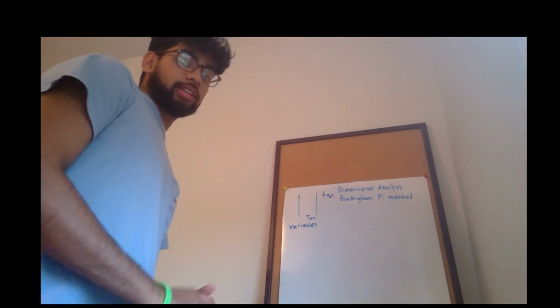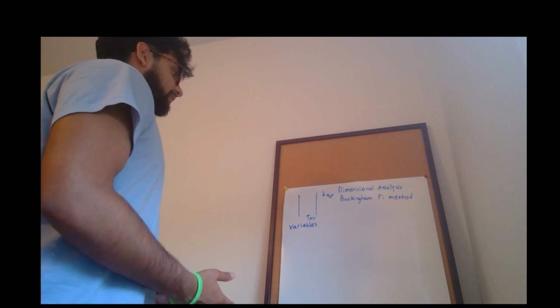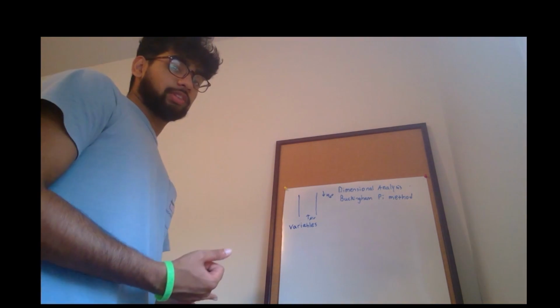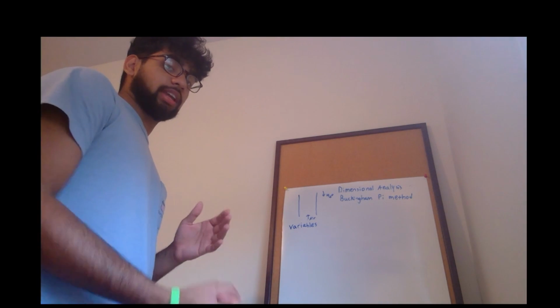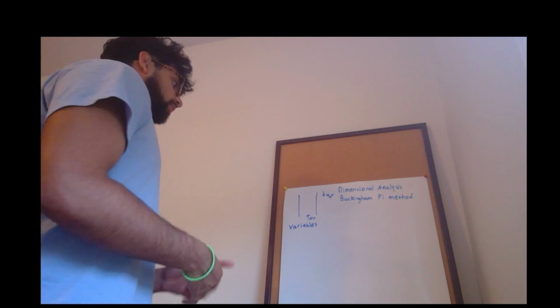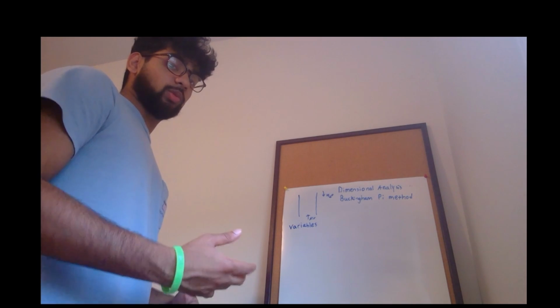Alright, so this is the first part of a three-part problem, and in this first part I'm basically going to be going over a description of the problem, and I'm going to be doing the dimensional analysis using the Buckingham Pi method. So for this problem we have some air flowing through a tube, and the tube itself is wooded,